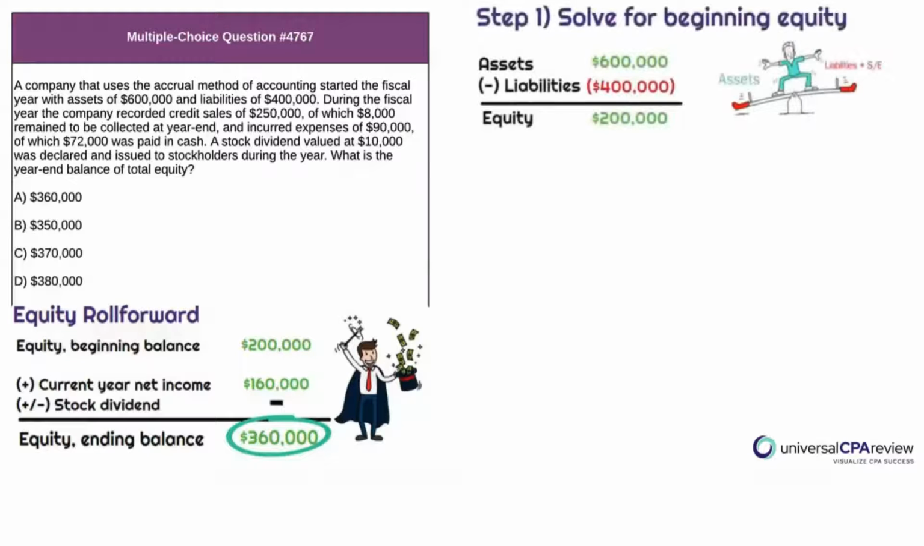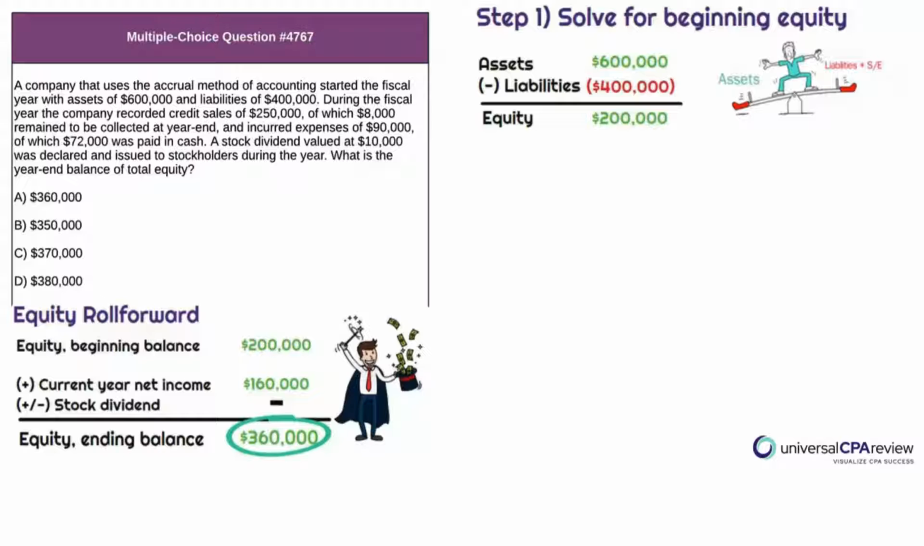So as you can see in step 1, we can solve for beginning equity by subtracting liabilities from assets. So we have assets of $600,000, subtract the liabilities of $400,000, and that means equity is $200,000, right? Because that's the only way that liabilities and equity can equal assets. So our starting point is going to be $200,000 of equity from the end of last year, which becomes our beginning